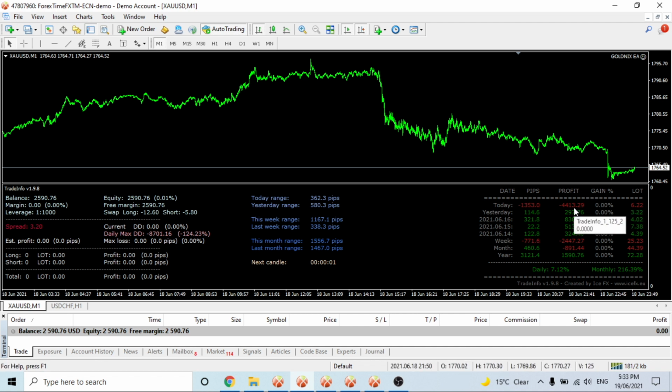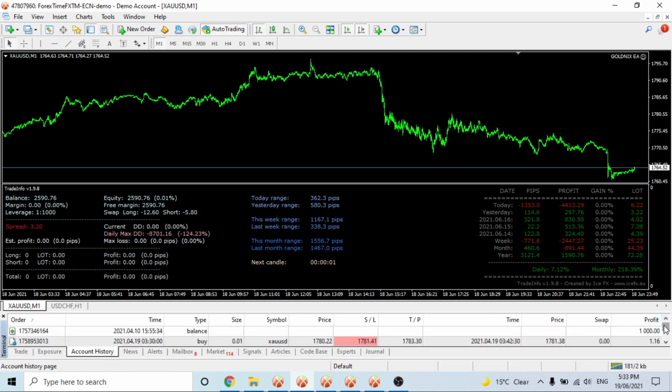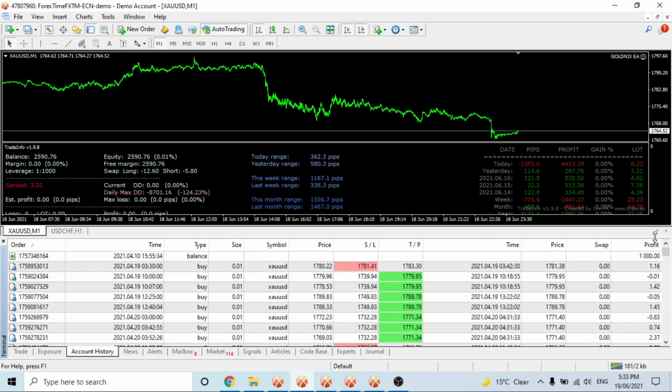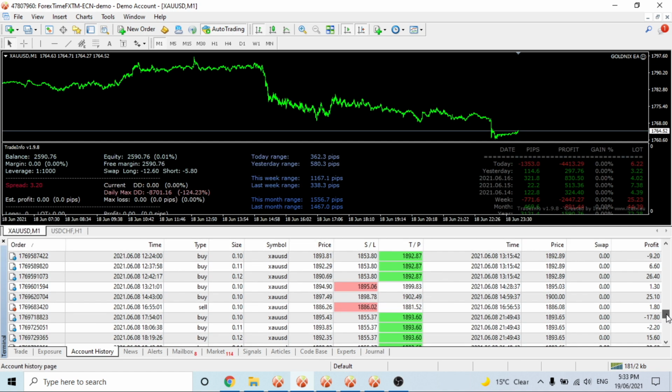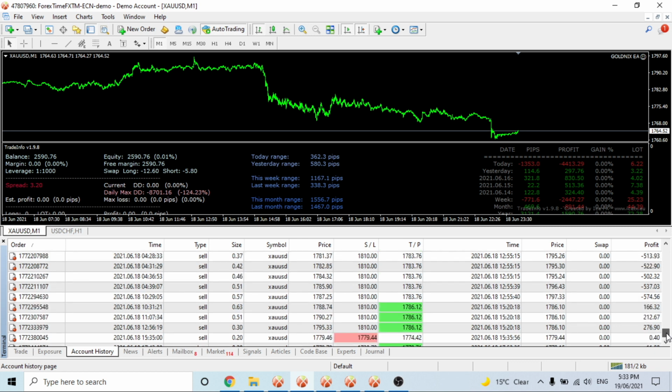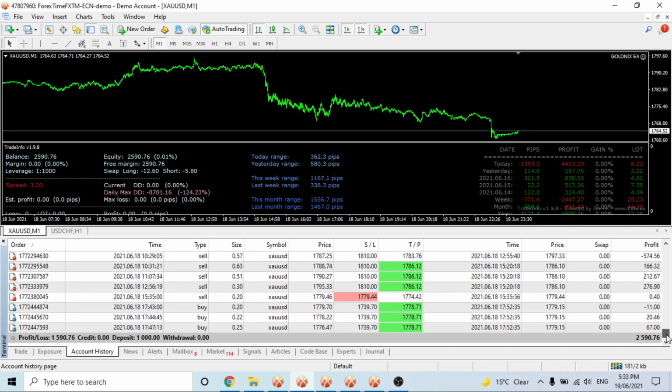We lost $4,413, and it could have been due to the computer being off and it running out of margin. I think it did get stopped out though. We can see here, yeah. So